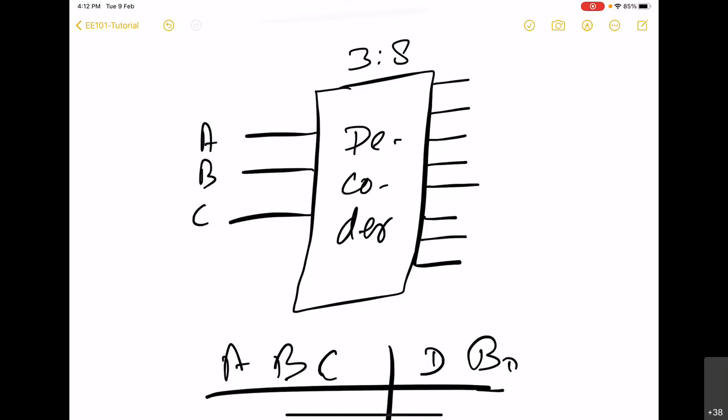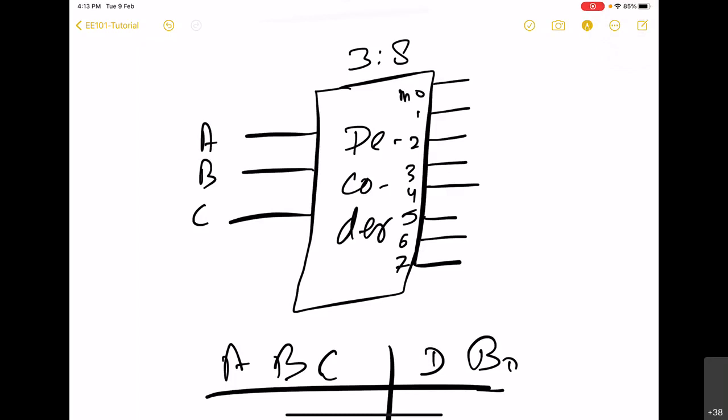And what is the meaning of decoder? All these outputs, let us call them as D bits. So they will start from D0, D1, D2, D3, D4, D5, D6, D7, so on and so forth, right? So actually I have labeled this as D, but they could have been labeled in a different way also.